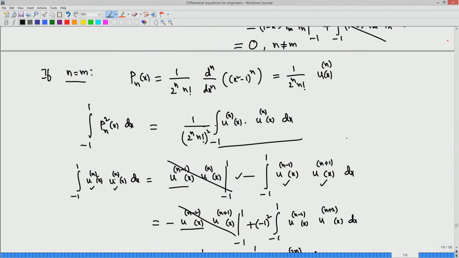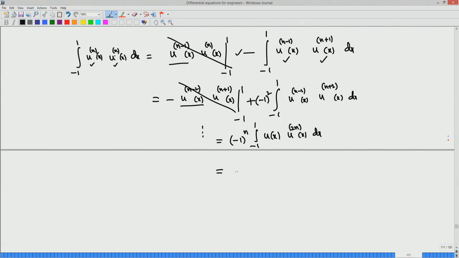What is u? U is this. If you differentiate 2n times, it is a polynomial of degree 2n, x power 2n plus something something. This is the polynomial u of x. If you differentiate 2n times, what you get is simply 2n factorial. So, what I get is minus 1 power n 2n factorial, and then integral minus 1